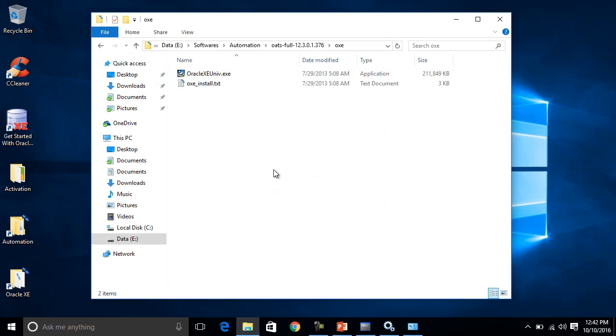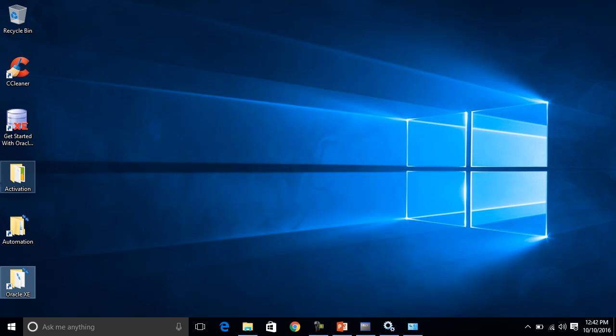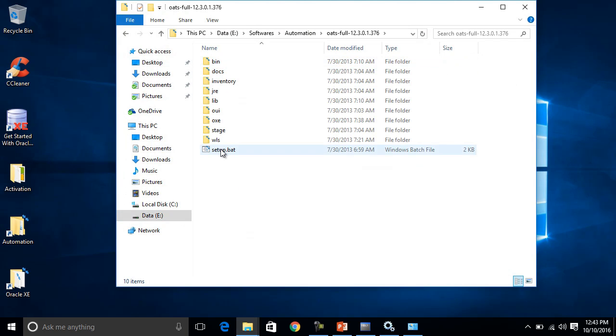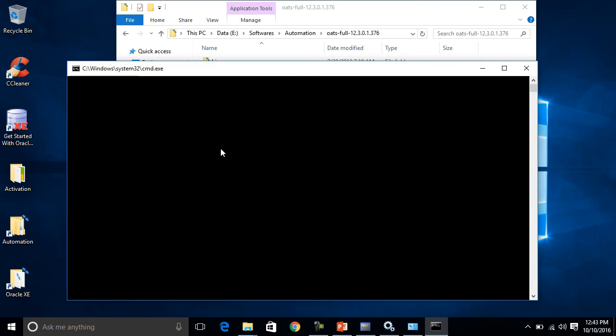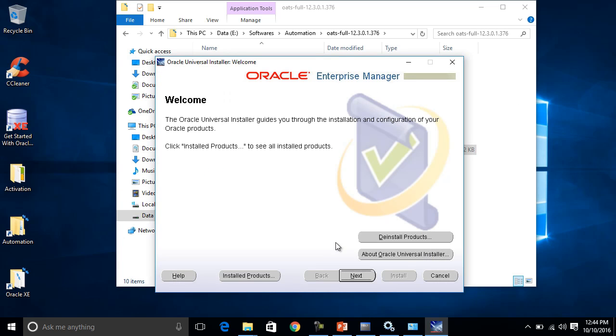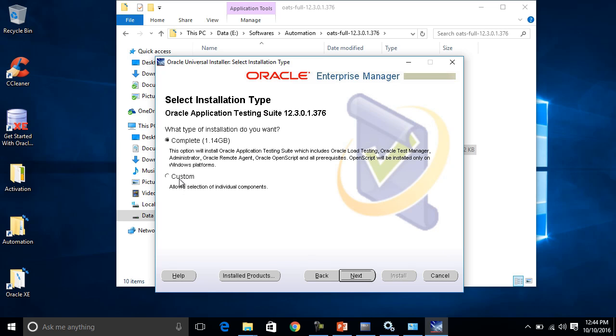Once you have installed your XE database, you go ahead and install the remaining services of OLT and OTM which were in our installation setup. Click next. Click on custom.